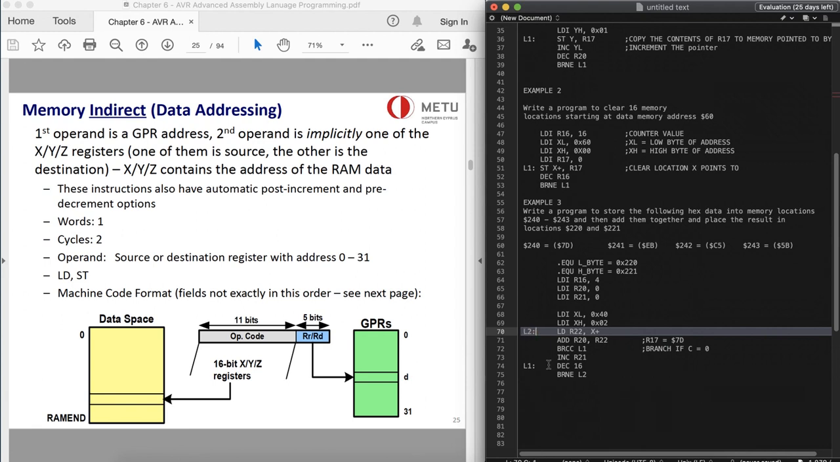So L2. Then once we have finished this, that the counter is 0, we have to store these R20 and R21 values into these two locations. So we just need to use store, and we already defined those locations, the low byte and the high byte. So I'll just say low byte, which is going to be the R20,